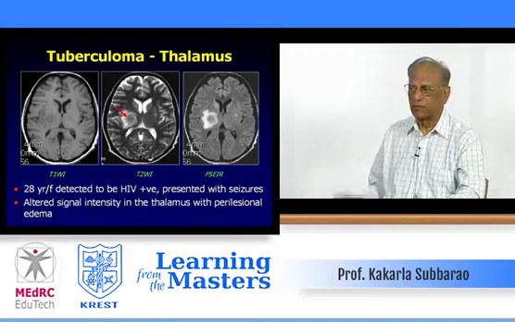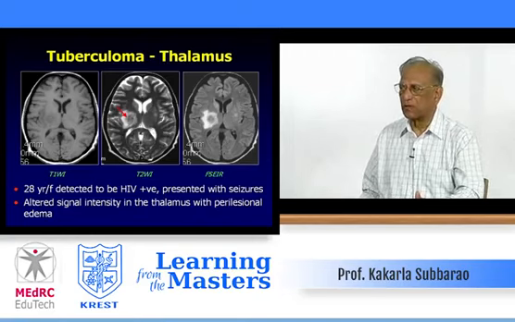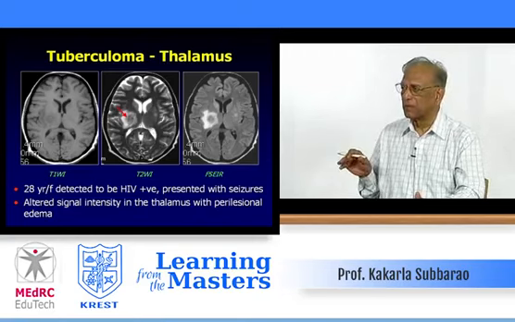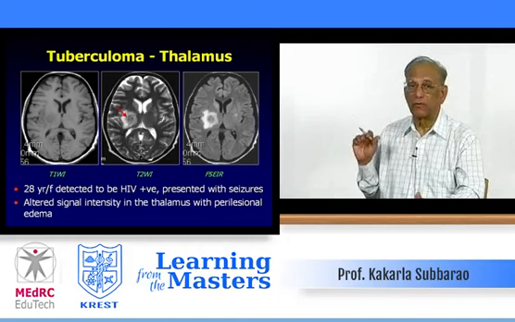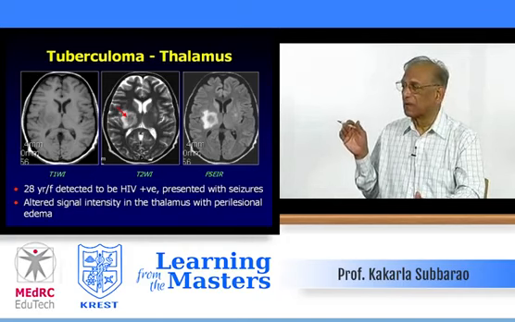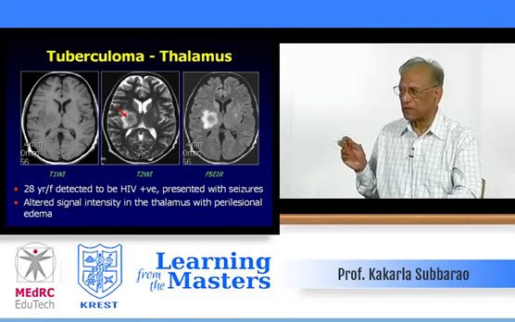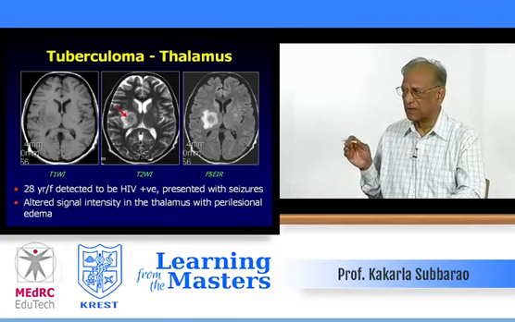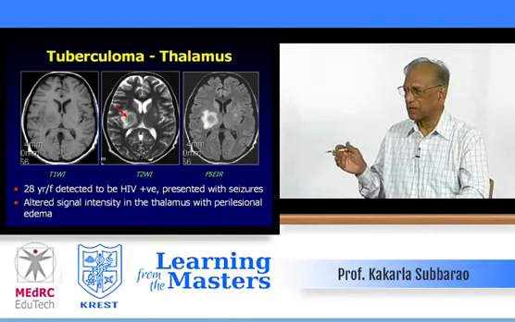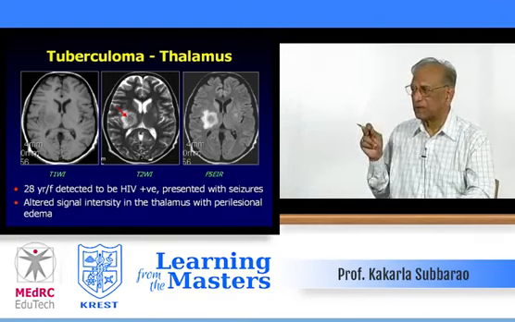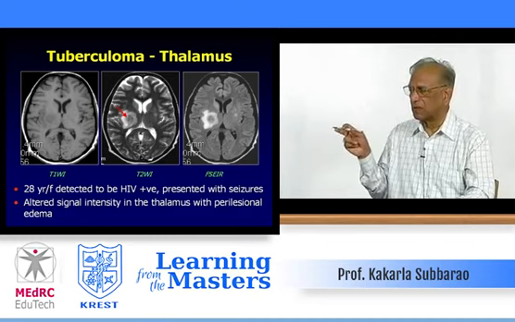Thalamus, this for example, this patient is a 20-year-old female detected to have HIV positive, presented with seizures. That is the common presentation. In T1 weighted images, you could see altered signal intensity in the thalamus with perilesional edema. Same thing you could see in T2 and also in